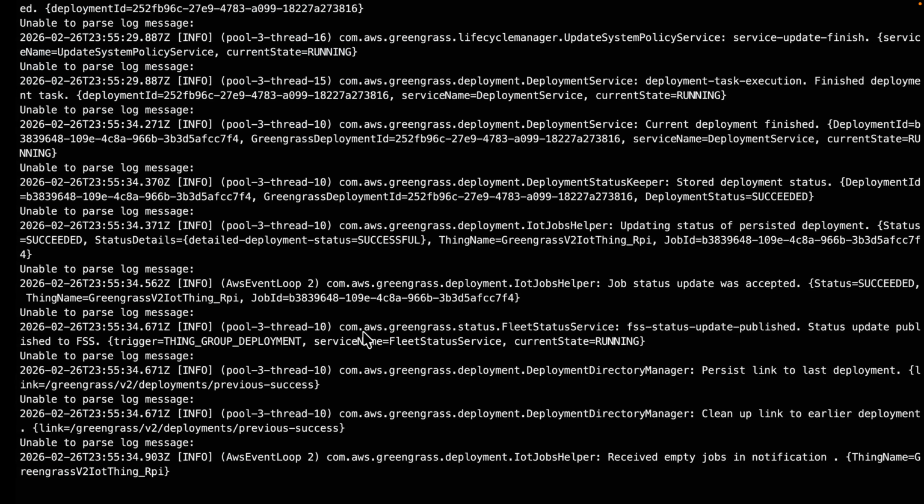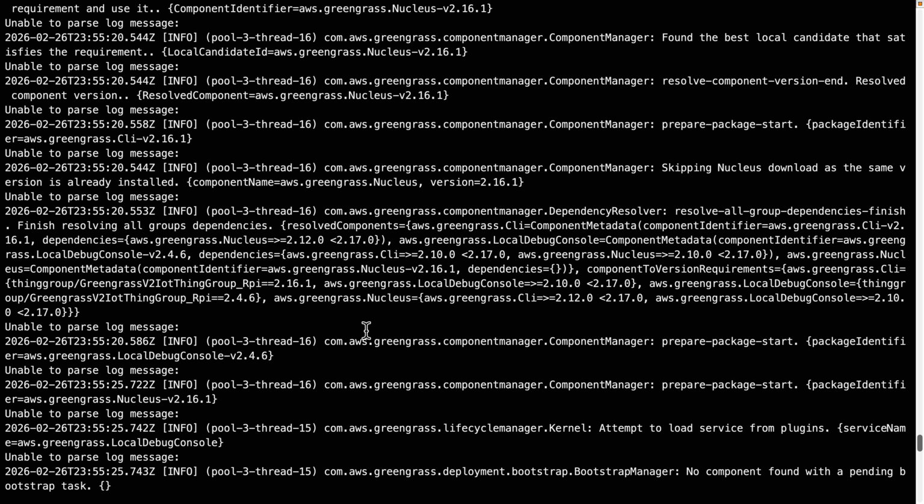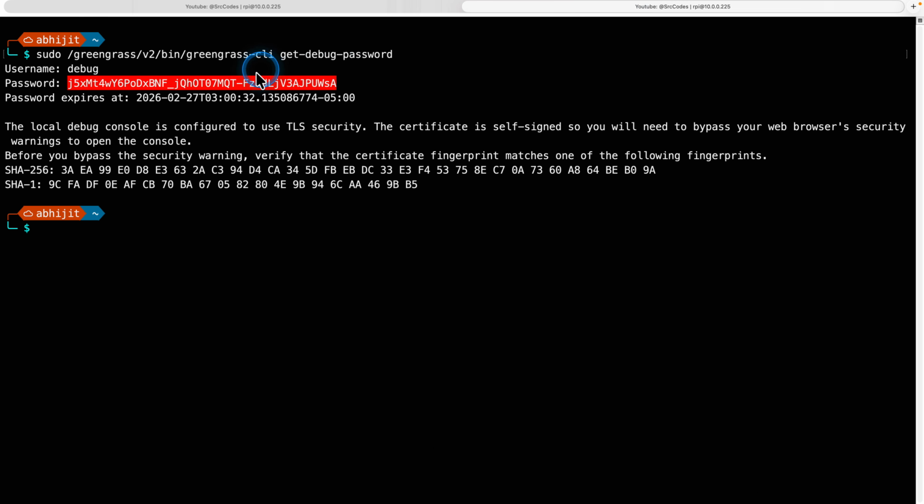Let's go back to terminal, and we can see lots of new logs, and we can see local debug console here. If you try to open that dashboard, it will ask for username and password. Let's first create that one. You can use Greengrass CLI get debug password, and it will give you the password. So let's copy that password,